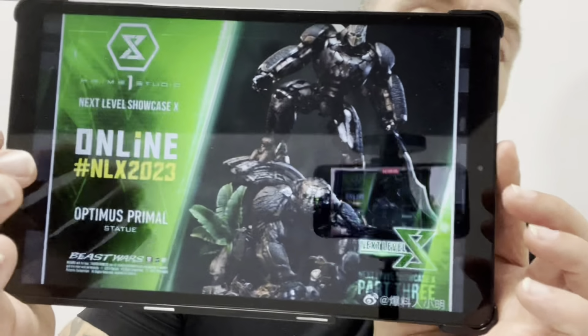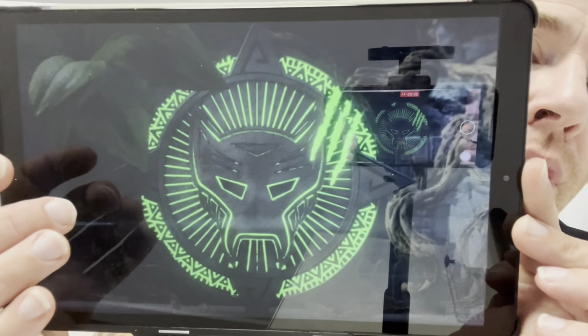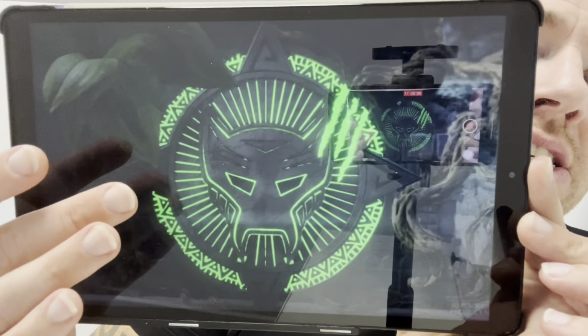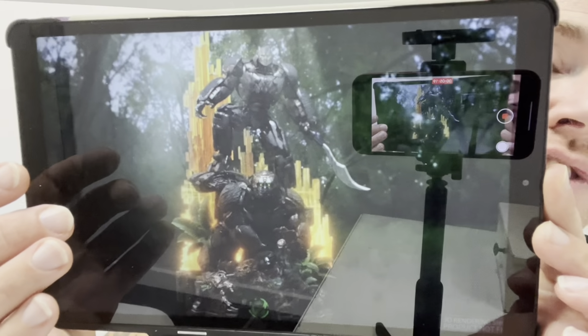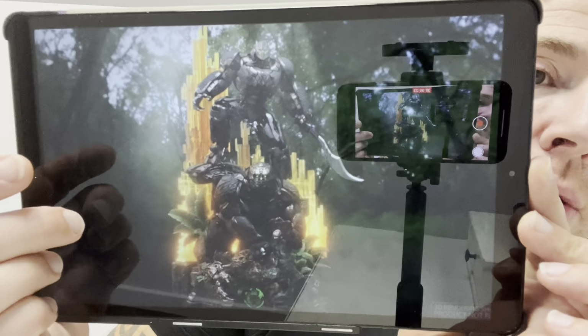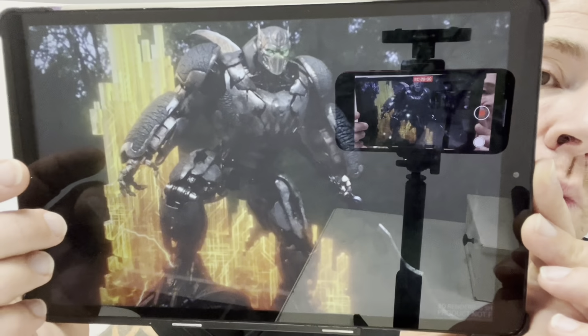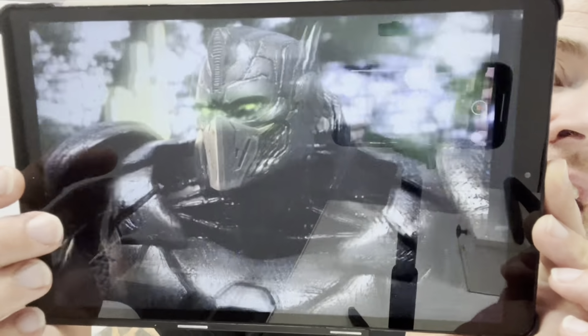Now again, you'll have to excuse the glare. The information and the images of this are all over the internet and indeed on Prime One Studios' website. This is of course the Maximal badge, and there, if you can make it out, I'm going to zoom in a second with some other images. You've got Optimus Primal in robot mode standing on Optimus Primal in primate mode, with an amazing background, an amazing base,